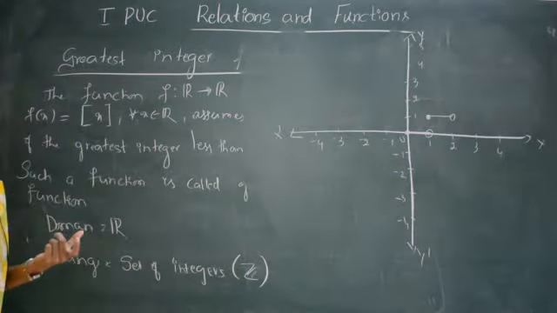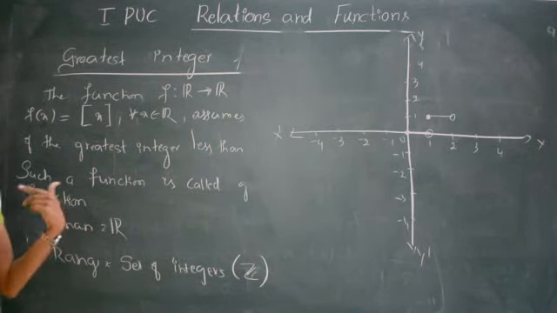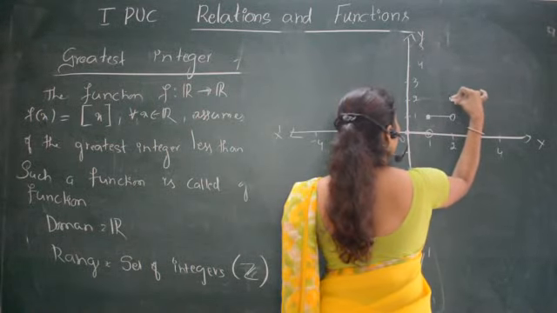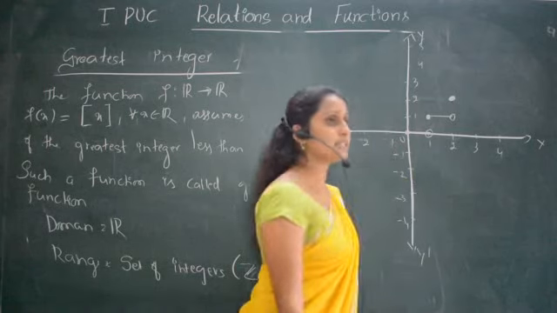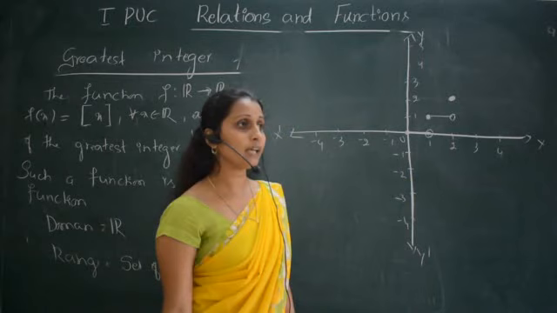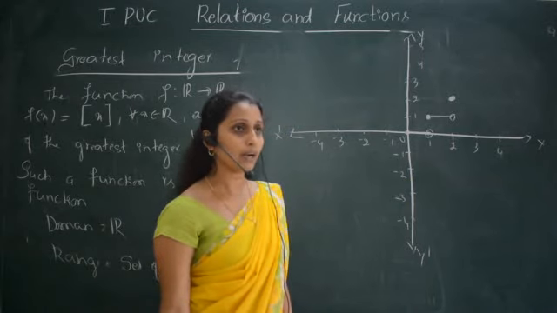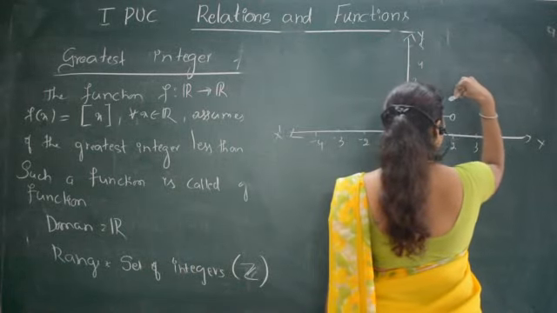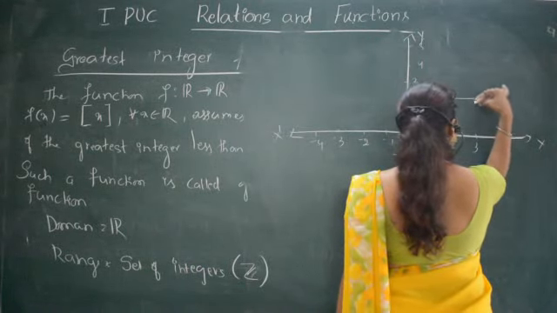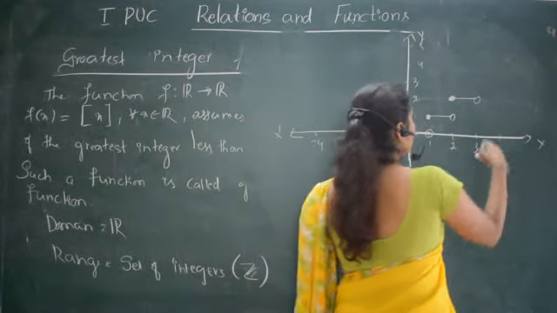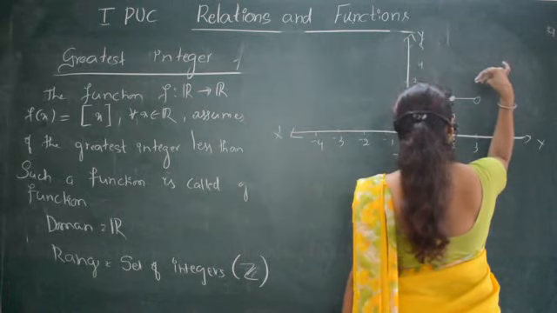Including 1, in between 1 and 2, including 1 but excluding 2. So again when x is equal to 2, we get 2 only, this point. Then when it is 2.1, 2.3, 2.4, 2.5 up to 2.999, it is 2 only, but when it is 3, it is 3. Therefore this will be from here to here, but here it is open. But when it is 3, it is 3, therefore that 3 is included along with that 3.